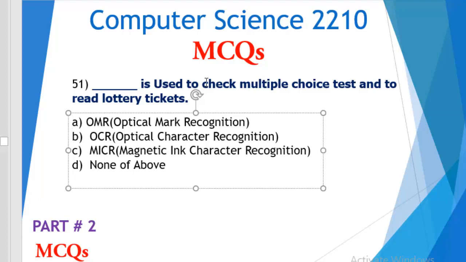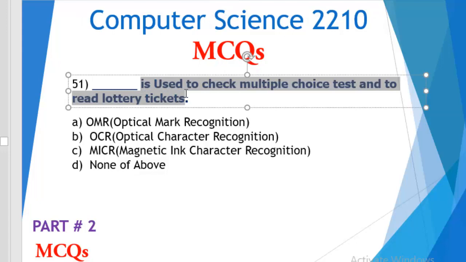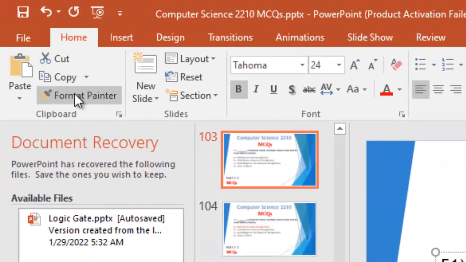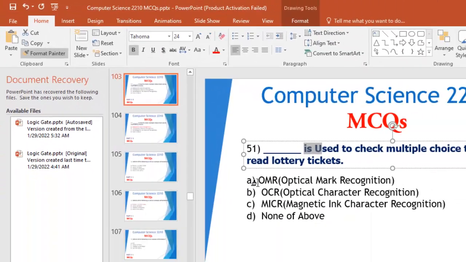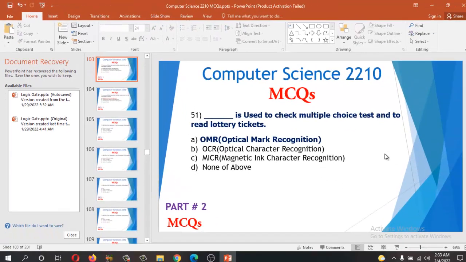Okay, what if I want to apply this formatting, this one? I like this formatting and I want to apply this over here. This one, let's say this one. First select this formatting, select it. Okay, now click on format painter. Now again select this one. Done. That's it. Bingo. That's how you can copy one formatting to another